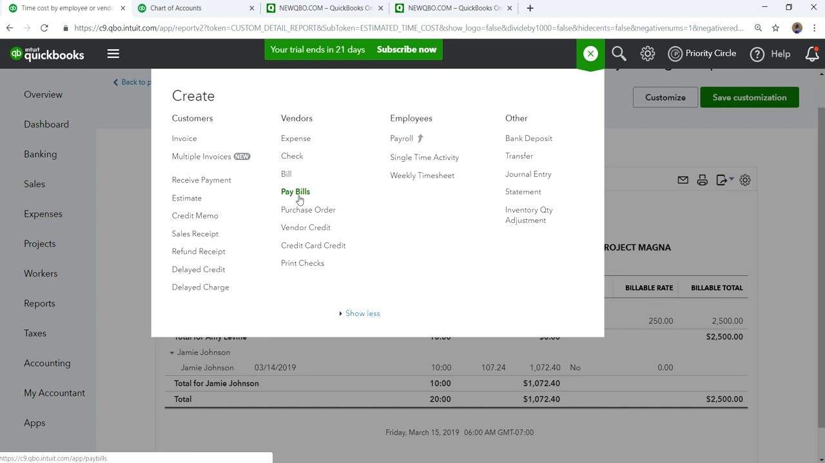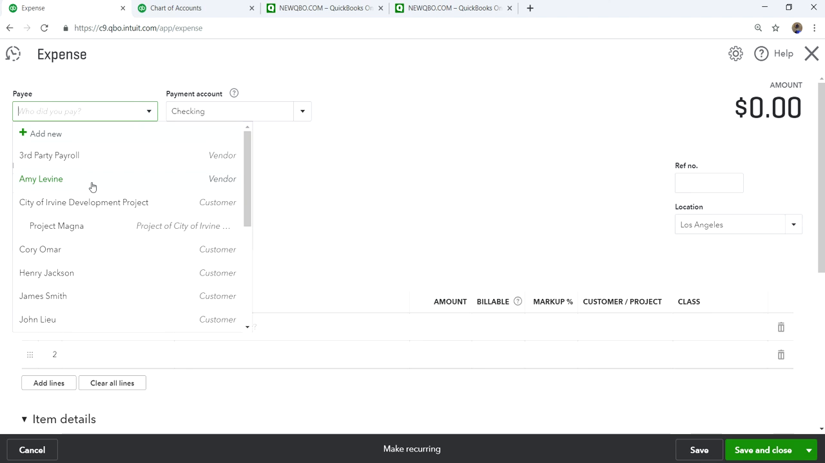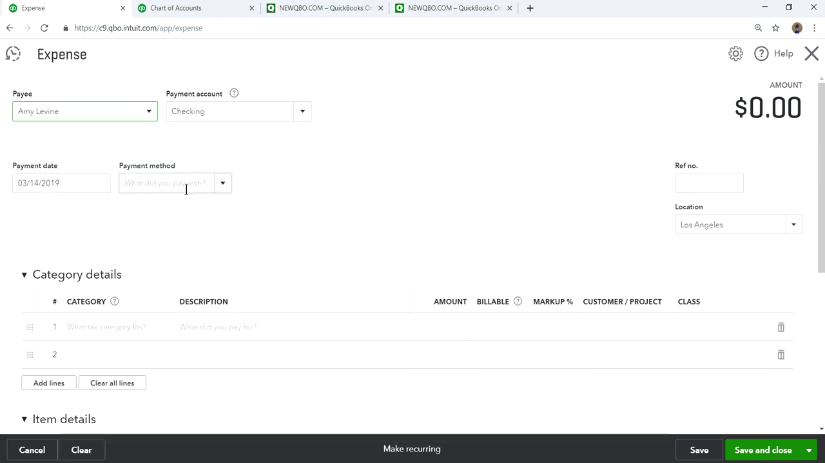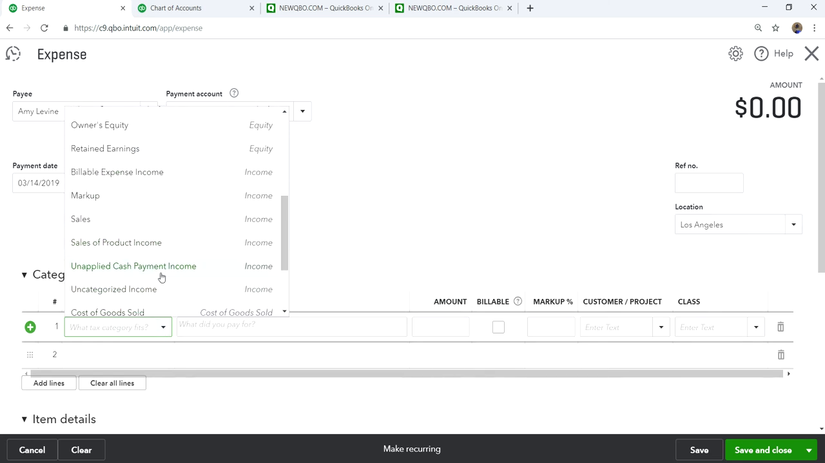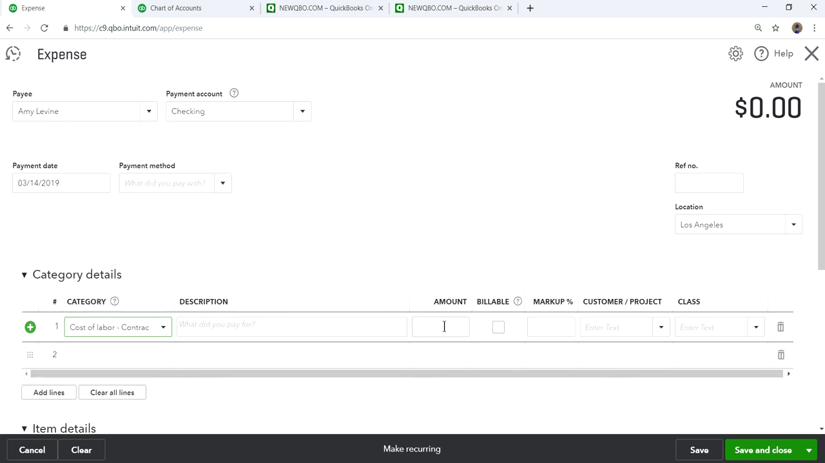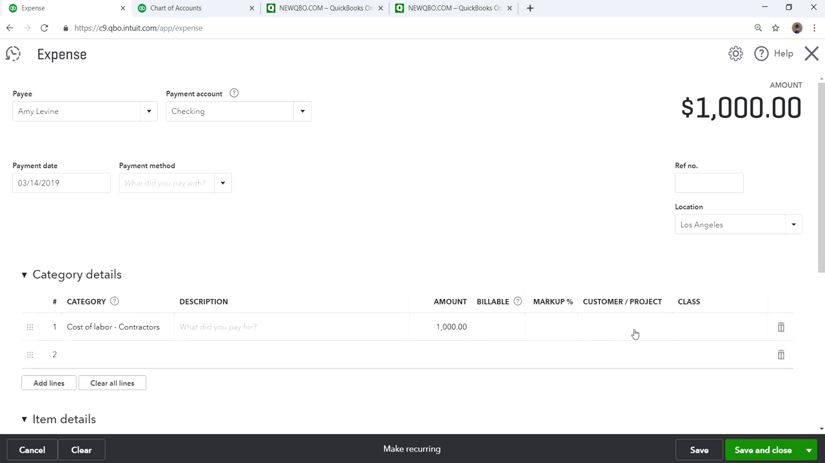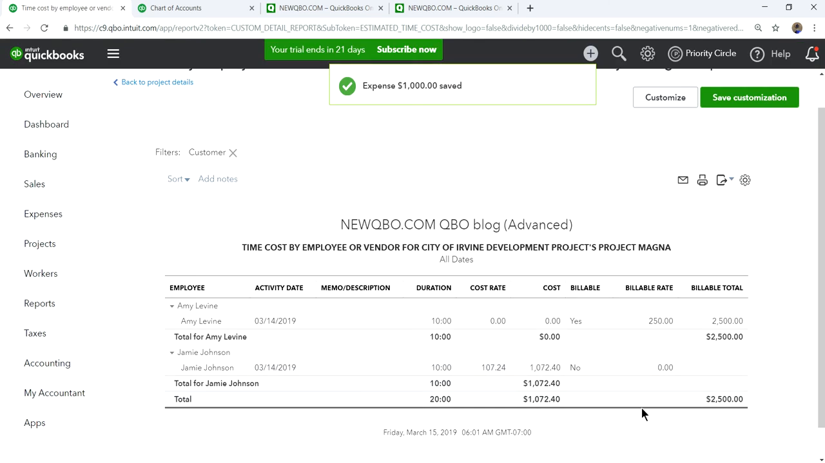So let's just say you wrote a check to Amy. Okay, so Amy Levine, and this one is, let's say, contractor's expense. Okay, so 10 hours, let's say you pay $1,000, right? And so you select the class, and you don't want to select the project again, so just select save and close. So now if you go back to the projects,